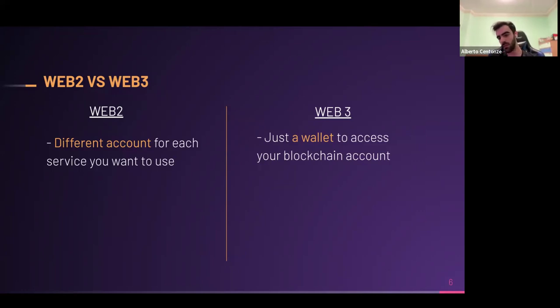And then on the other side, you also have an address, so a public key that you can give to people. And with that one, people can send you money. You can check how much money people have and things like this. So this is a kind of different approach because the key difference here is everyone is storing all the data in the same place, which is the blockchain. So since everyone is storing everything in the same place, you can access and modify the data with the same private key and address.